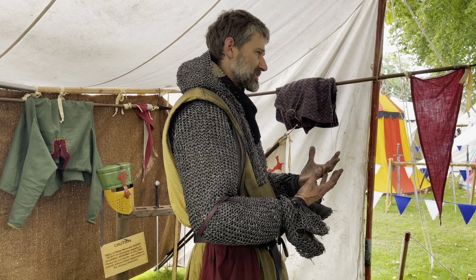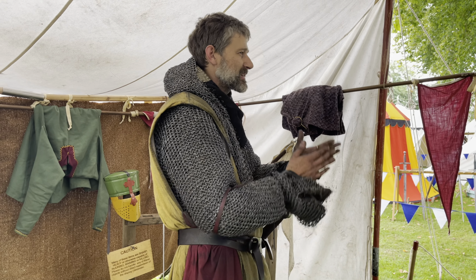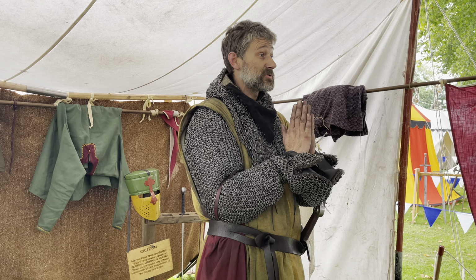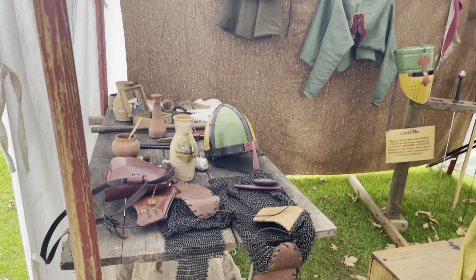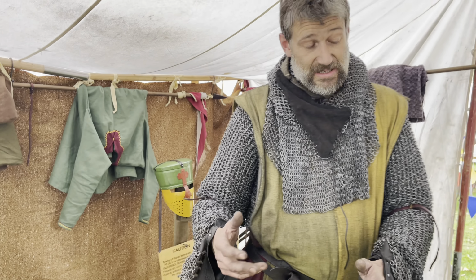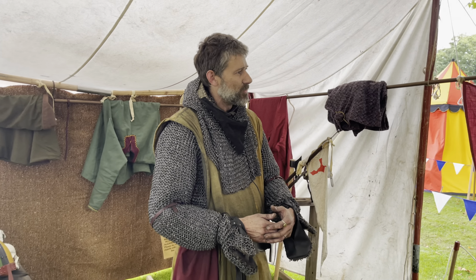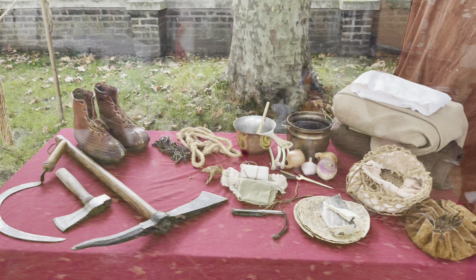Why do you think we have the slits in the palms? Most important reason. In the manuscripts, and in effigies, in churches around London, you see knights praying like this. It's nothing to do with religion. It is dexterity, so yes, I can certainly eat and drink, but that's not the most important. Like shaking hands to show that you're unarmed, right? You don't have